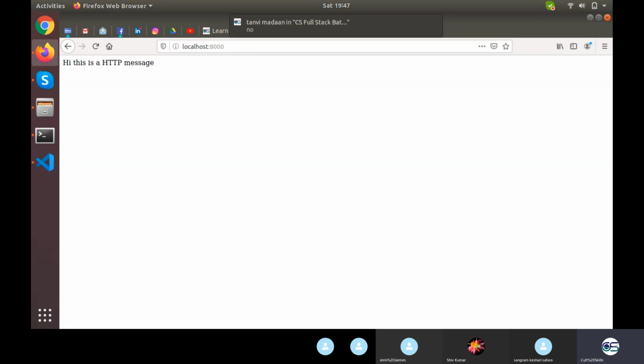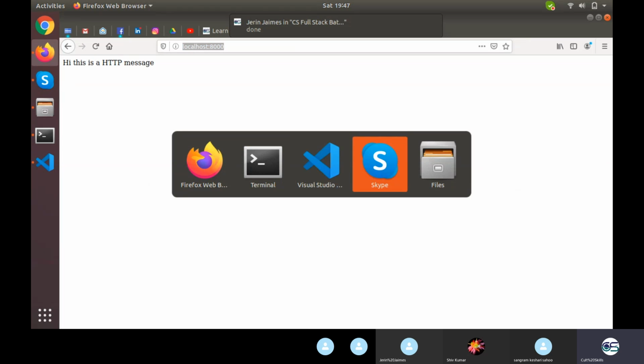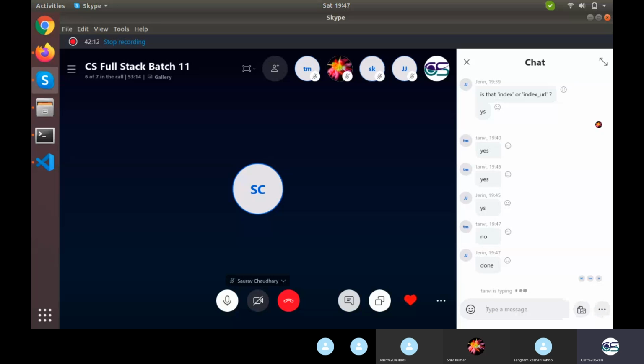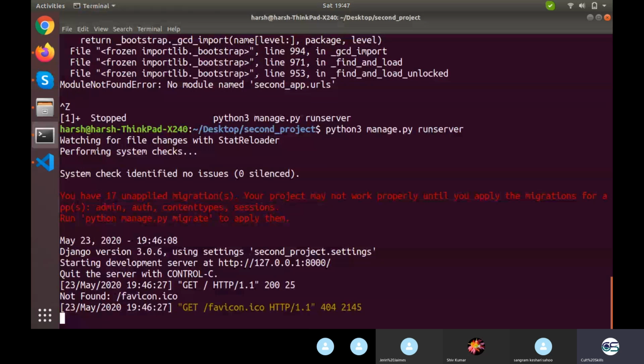No, what's wrong? It's localhost colon 8000. I hope you have written it right. This is what you need to write. If this isn't working, then something is wrong on your code part. What I have written is python3 manage.py runserver with spaces: python3 space manage.py space runserver. And this terminal is opened in the place where manage.py is stored. If your terminal is opened in some different place, it will not work at all.